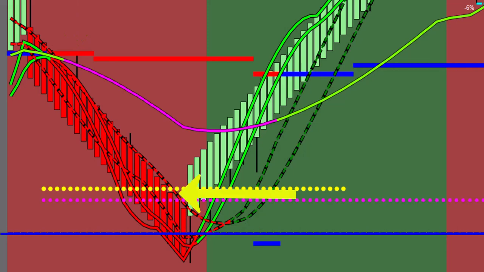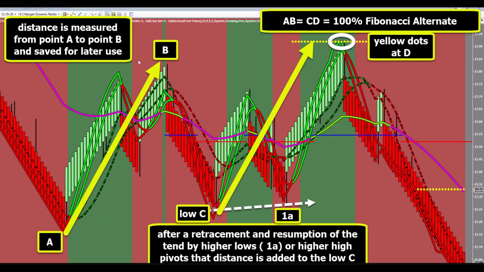Which brings us to these yellow dots and the magenta dots that are in your chart. These are called one-to-ones, and they're Fibonacci-based alternates. And what that means is, let me show you another picture. It plots yellow dots where there is swing size similarity. So when the swing from A to B is put in, the indicator will wait for the low and then project out 100% of the original range. So all you have to know, and the only way we're going to use them, as a support or resistance